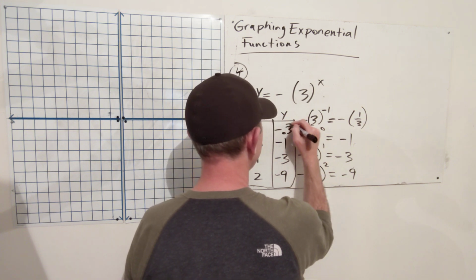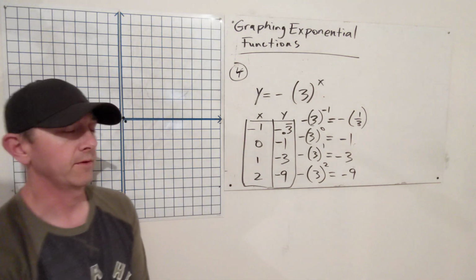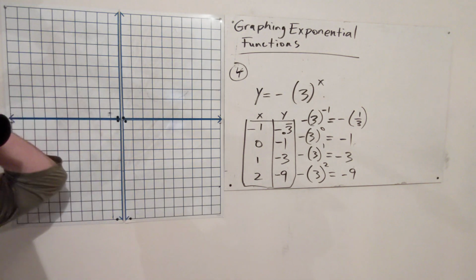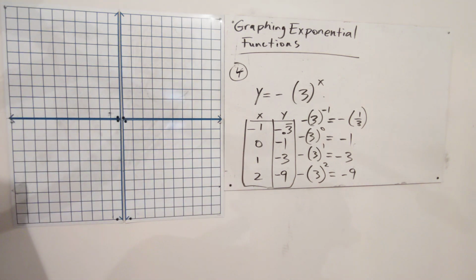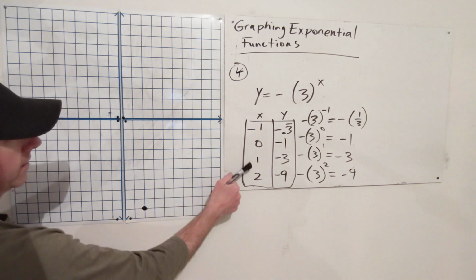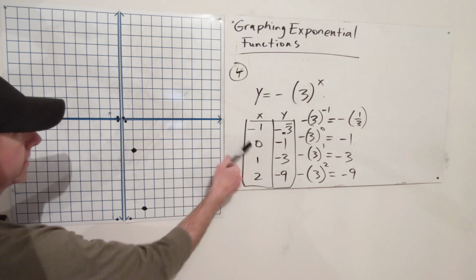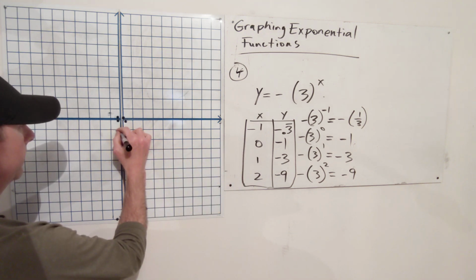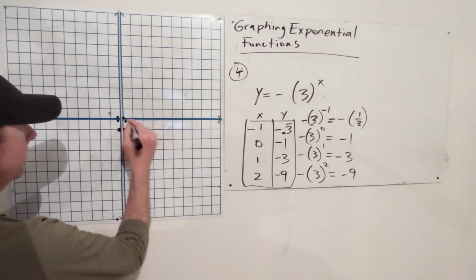Technically, it's 0.3 repeating. That one I wouldn't give you on Canvas. It's tough to write as a decimal on Canvas to put the line above. So anyhow. There's our table, so let's see how that looks on the graph. So 2, -9 is all the way down here. 1, -3 is right here. 0, -1 on this little part that I didn't get quite connected there. And then -1,